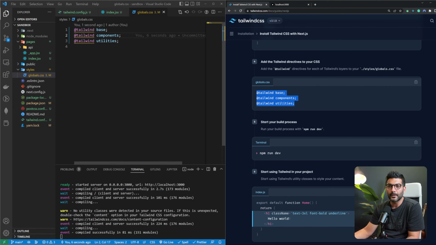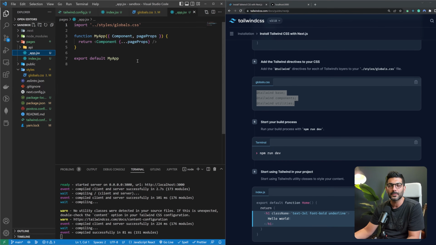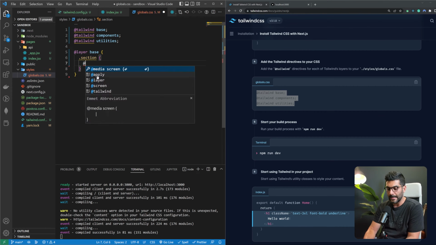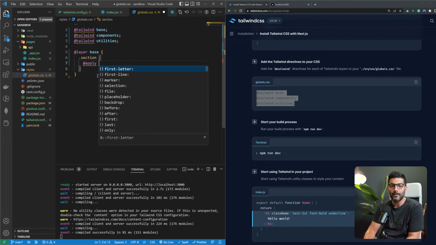So no longer are we going to have different modules for different components. And if you needed to create any custom classes, you can create them in this same global CSS. And by the way, this global CSS is imported into your _app. So this applies globally to all of your pages and components. So anything that you would want to add, you could just add them here with the layer directive, maybe the base layer. Let's say I want to create a section class that just applies